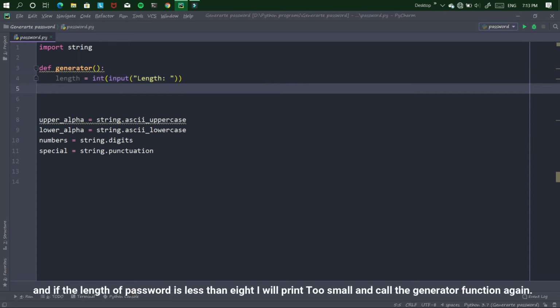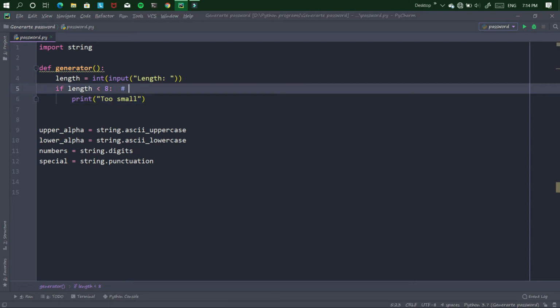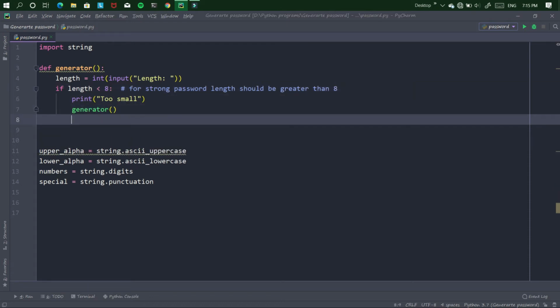If the length of the password is less than 8, I will print too small and call the generator function again. Else I will generate my password.